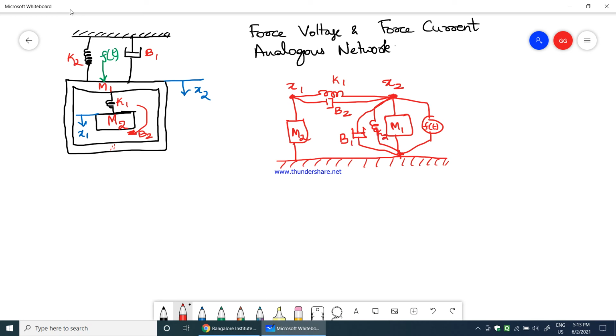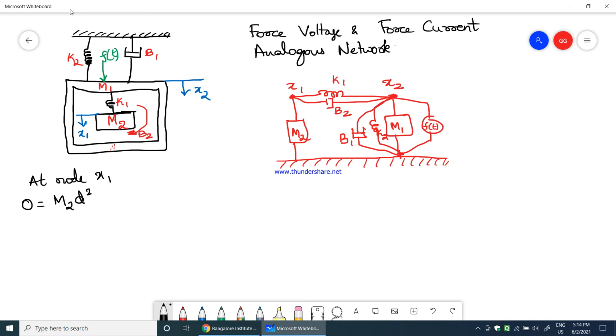B1 and K2. So I think this would be the mechanical network for a given mechanical system. I think we have represented all components in the mechanical network. Now we'll write the mechanical equations. So at node x1, there is no applied force at x1, therefore 0 equals m2 into d square x2 of t